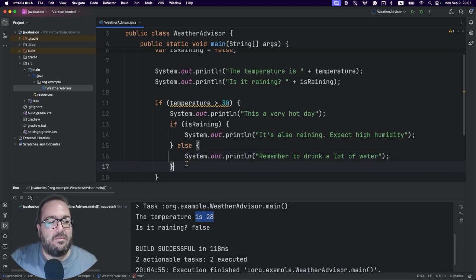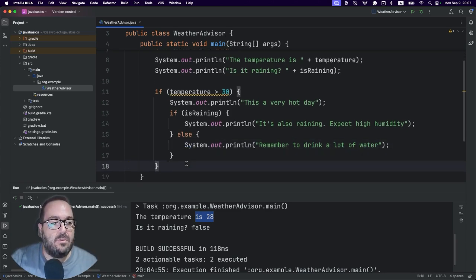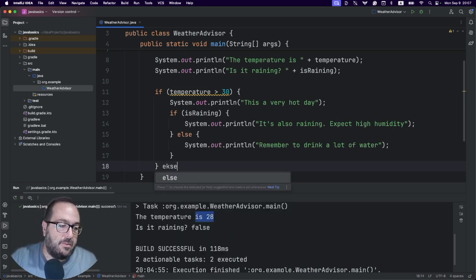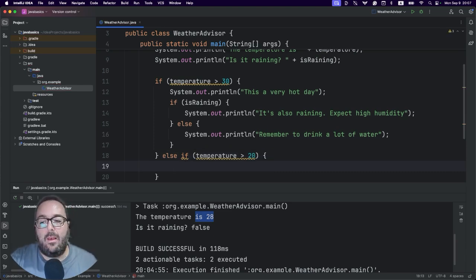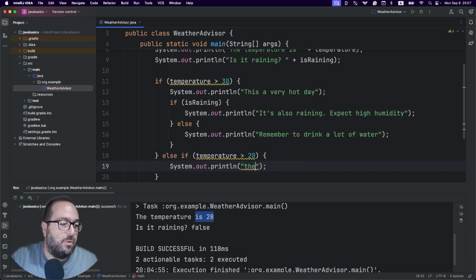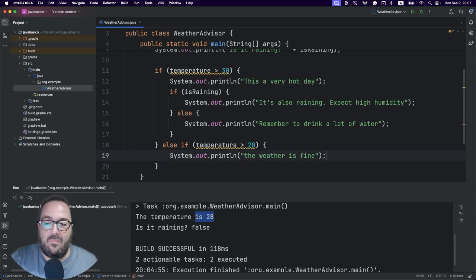Cool. We check the temperature, if it's high. Now let's do another check. We can say else if the temperature is more than 20, curly braces again. And inside the curly braces, we can say, okay, the weather is fine. And again, we need to check if it's raining or not.